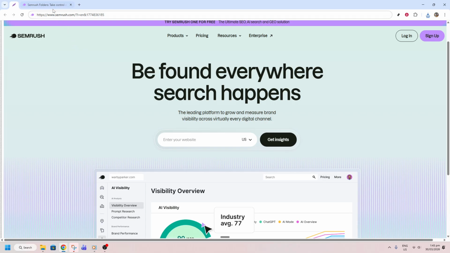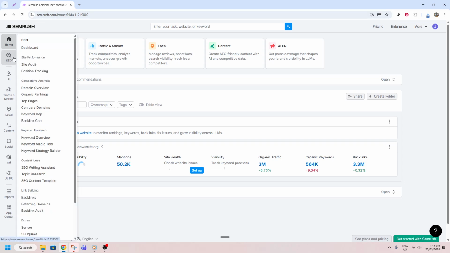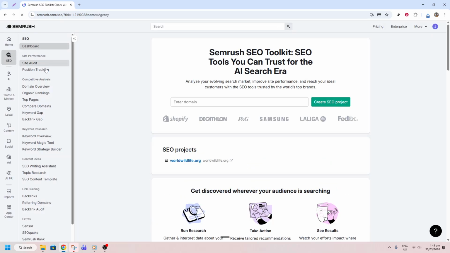Once you've logged in, you'll be directed to your dashboard. Here, you need to locate the SEO section, which is typically on the left-hand side of the screen. In this section, you'll find a variety of tools and options that Semrush offers for optimizing your website. But for our purpose today, we want to focus on link building, so keep an eye out for the section